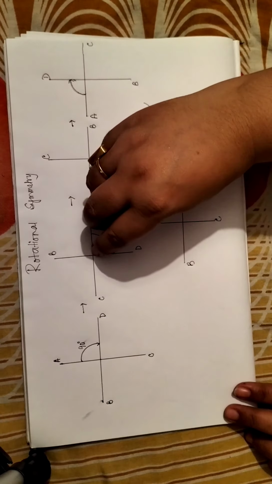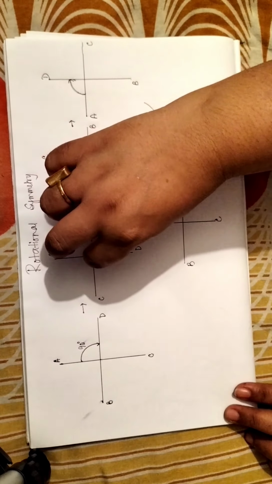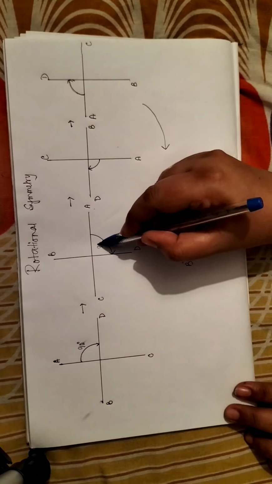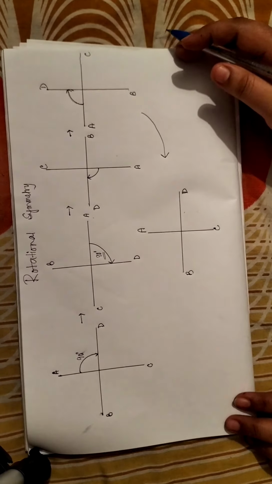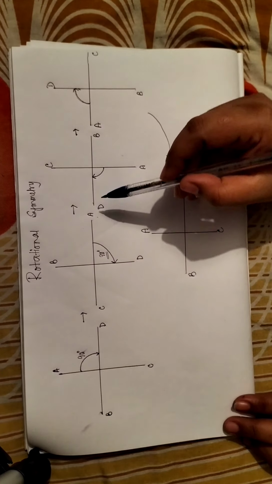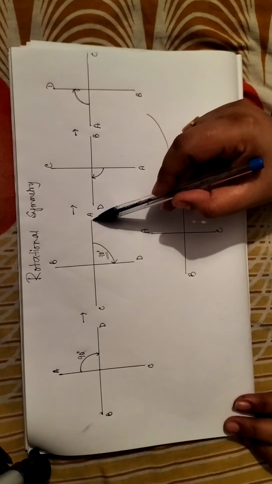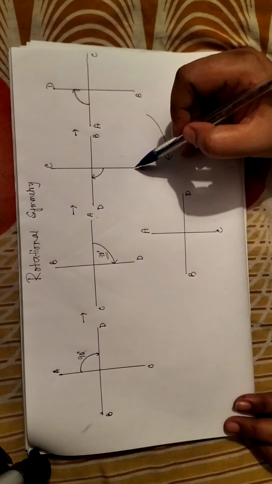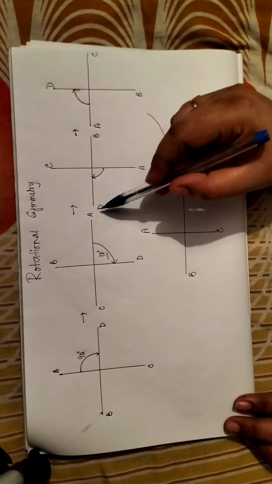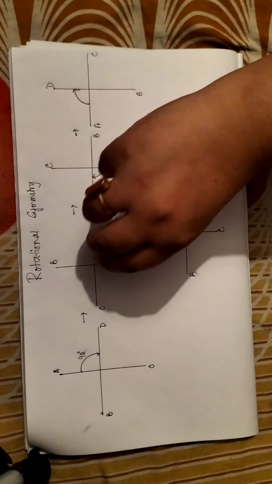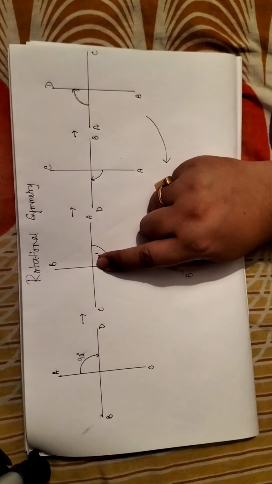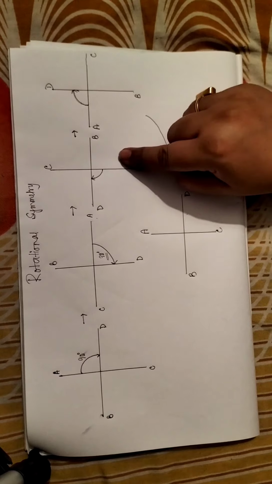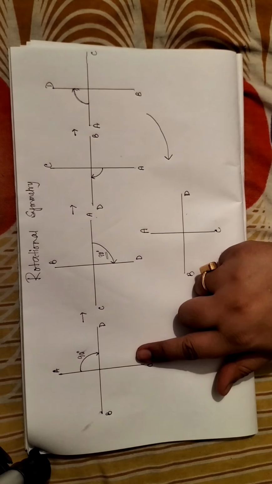Now let's rotate, taking this intersection point as the center, again by an angle of 90 degree. Here it is again rotated by 90 degree, right? Then what will happen? You will find that this particular point A will come down. Here you can see this in this third figure. And gradually the other points, that is D, C, B, are getting arranged, right? Because the figure has been rotated again, taking this intersection point as the center. And you will also find that the configuration in this third figure is also the same as the original one,